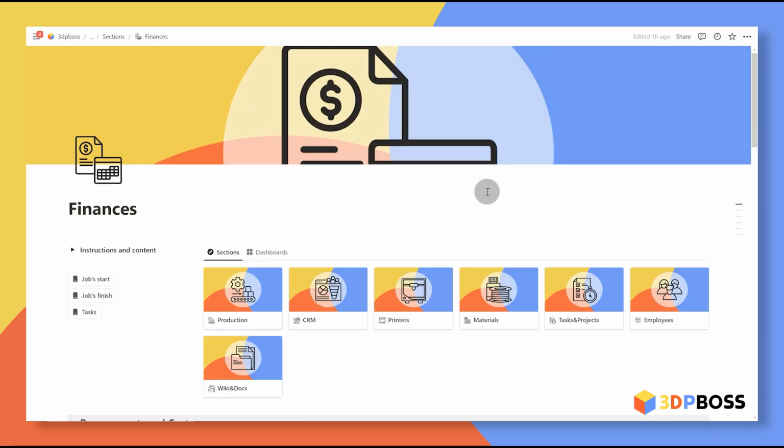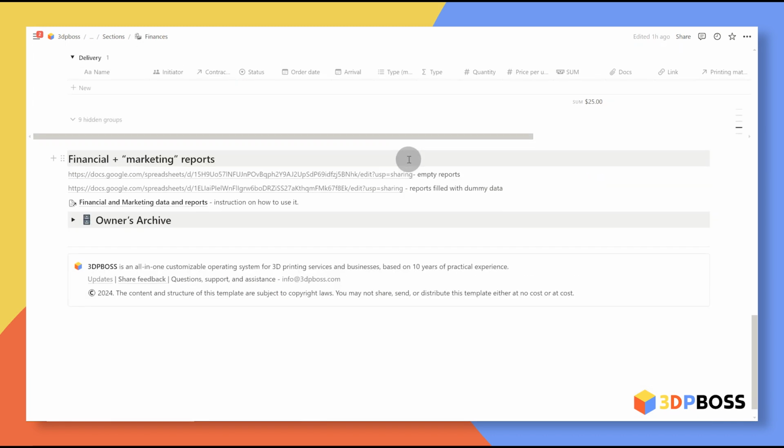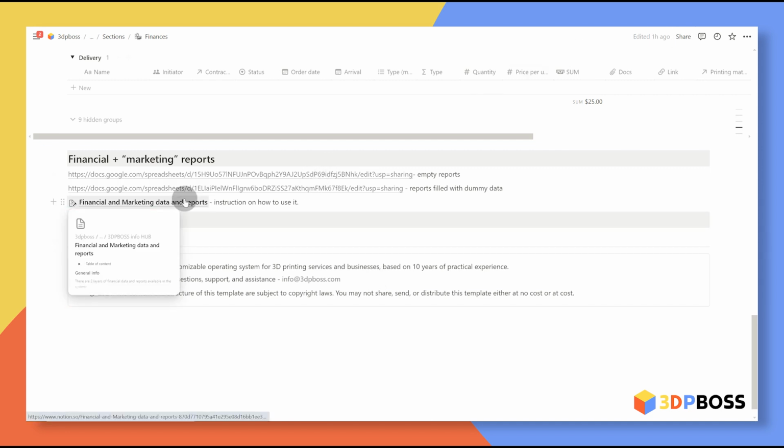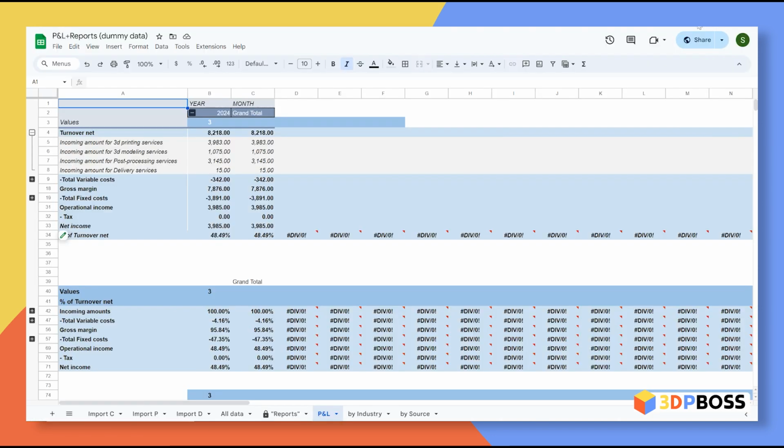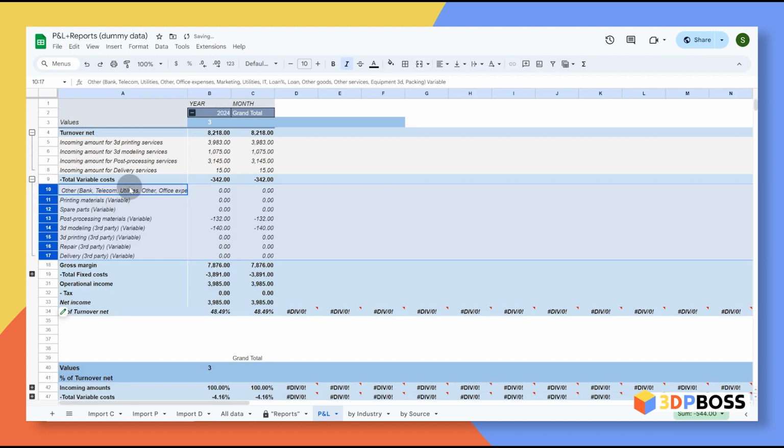Now let's go back to finances and take a look at our financial and marketing reports. These are a clean report, which every system has, and this report with dummy data, with a link to the instruction on how to set it up. We will take a look at the dummy data one, which shows us a lot of different things by year and by month. For example, it's March here: net turnover, total variable costs, by type,